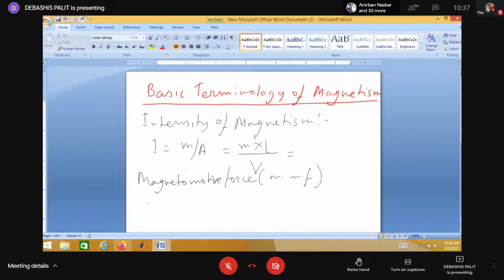So it is the work in moving a unit magnetic pole once around the magnetic circuit. Just like electromotive force, that is the work done by a unit charge